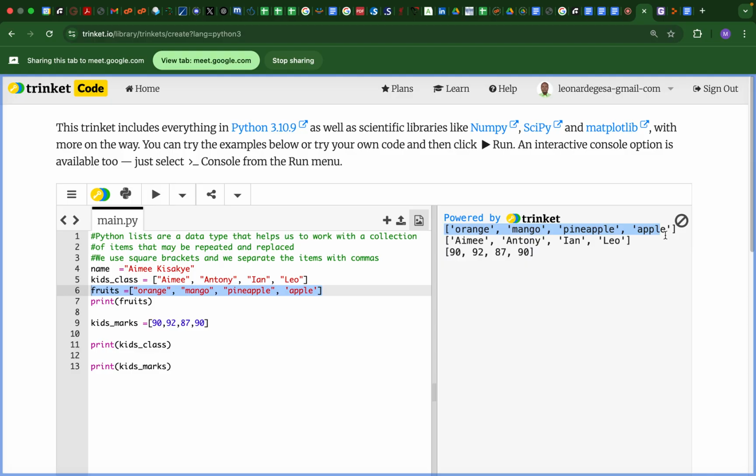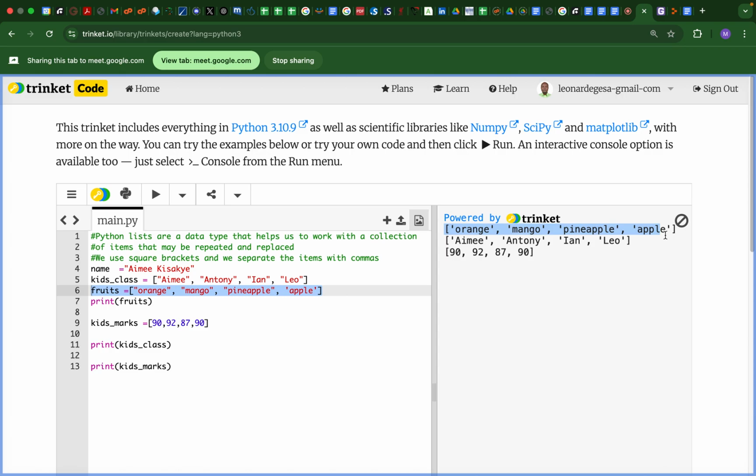And index position 3 is Leo. And the same thing happens with the list of marks. In index position 0 is 90, index position 1 is 92, index position 2 is 87, index position 3 is 90. So when I run this, it will give me the output of index position 0, which will be Amy,